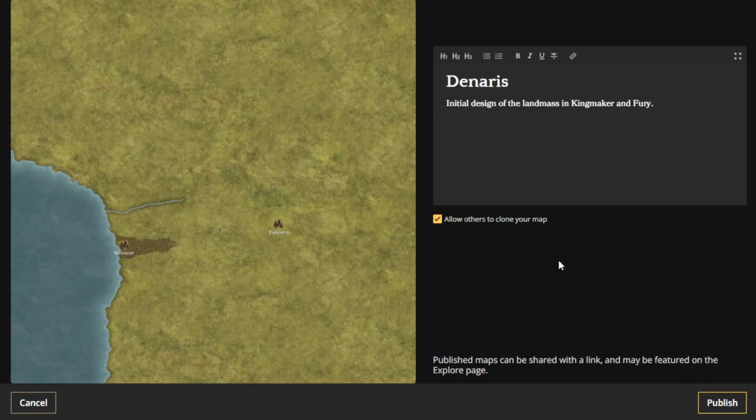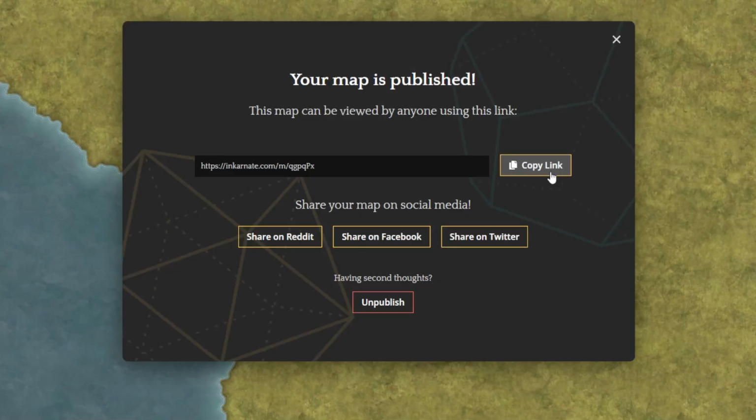And now we can add all the details we'd like to share for when people click on the link, which, as you can see, I've already filled out a little bit of. Then we just hit the publish button, and then we can copy that link and paste it pretty much anywhere. From here, we can share it on Reddit, Facebook, and Twitter. I used it in a button on Substack. I also added it as a link in the original blog post. So it's pretty cool. You can do pretty much anything.